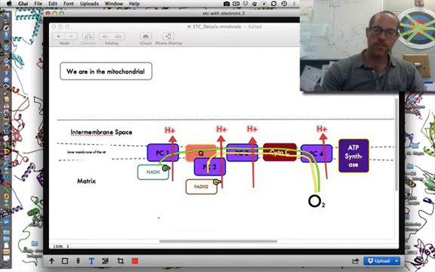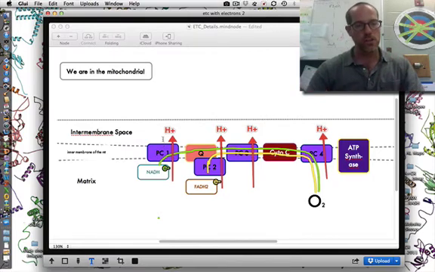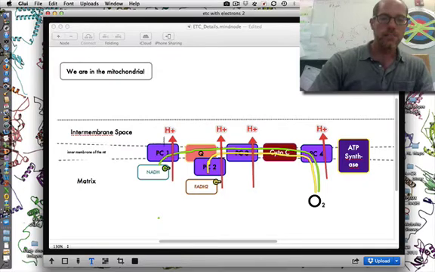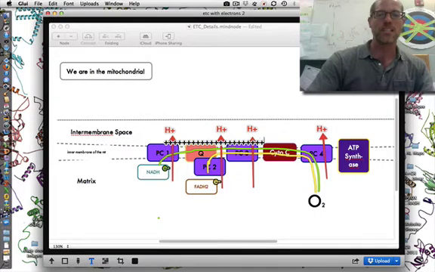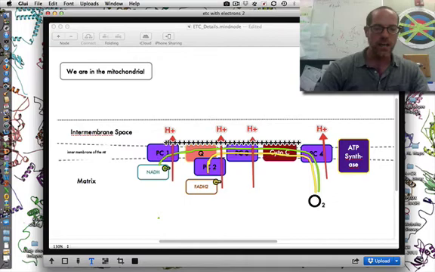The flow of electrons, coupled with the active transport of hydronium ions, sets up what we call an electrochemical gradient. And so when you think about it, you can think about a charge across the inner membrane of the mitochondria similar to a battery, and what you're going to get is a positive gradient on one side of the membrane, and then on the other side of the membrane you're going to get a negative charge.